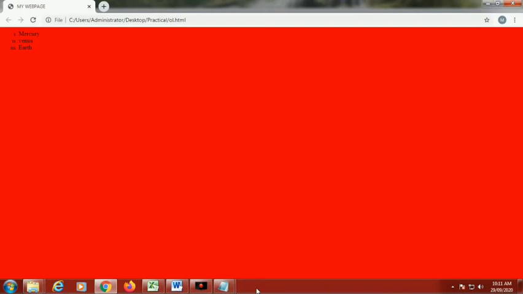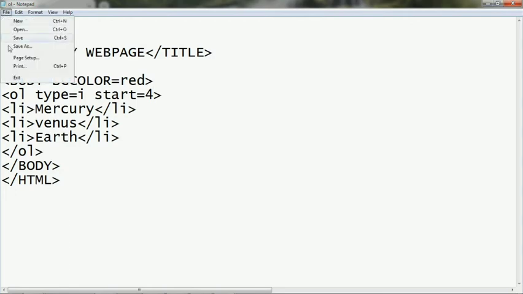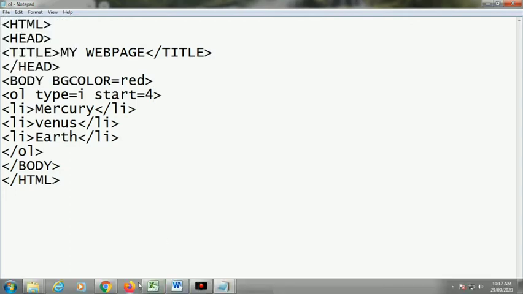So you can see the change. Sometimes we need to start from the middle, suppose from serial number 4. So we have to write the attribute start, and here we give a numeric value. Even if it is an Arabic number, we have to give 4. Start 4, save, refresh. So the number 4 is starting.